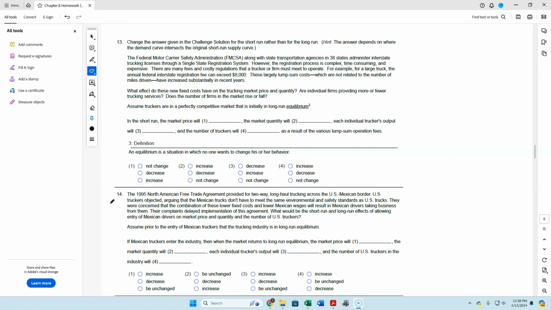So the FMCSA is going to be increasing some regulations. Okay, what effect do these new fixed costs have on the trucking market price and quantity? Are individual firms providing more or fewer trucking services? And we've got a perfectly competitive market. Okay, well, if that's the case, then what we're going to see here